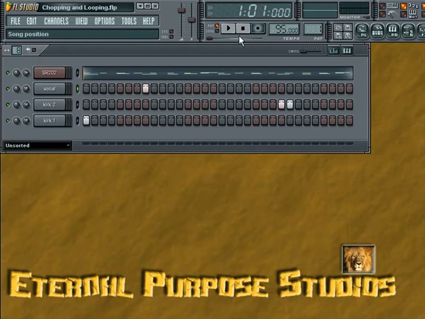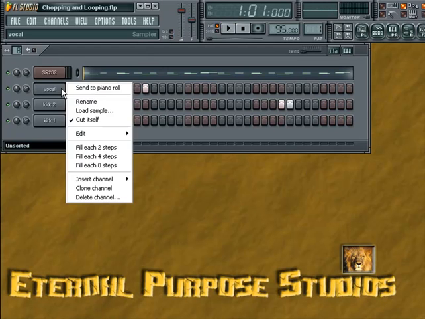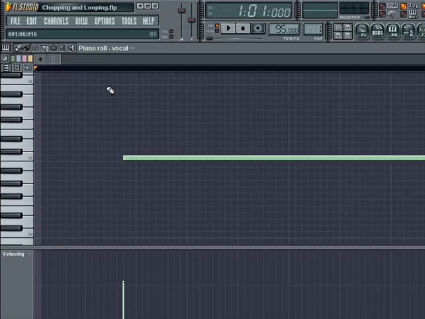Okay, now because this right here wasn't exactly 2 beats, what I'm going to have to do is play around with it in the piano roll. So I'm going to right click on the vocal and send to piano roll. I'm just going to move it over just a little bit. See what that does. Okay, back one might do it good. Okay,